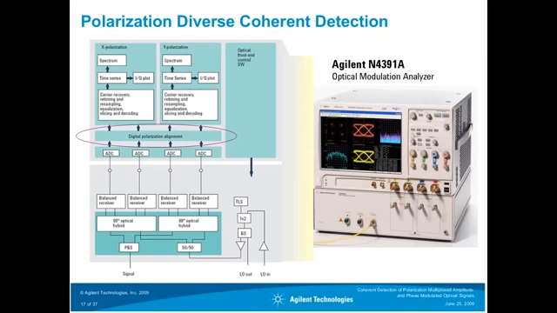And then we have the 4 balanced receivers, the 4 balanced photodiodes. Then this goes to the A to D converters, and from that we have to do the digital polarization alignment or polarization demultiplexing. And once we have done that, we can do the digital decoding of the phase modulated signals and show whatever is interesting, so the spectrum, the IQ plot, whatever is interesting for the customer. So in this case, we have, for example, the constellation, the spectrum, and the I and the Q eye diagrams. And in the instrument, we have basically all the lower parts in the box beneath here, and up here we have the A to D conversion and all the signal processing.